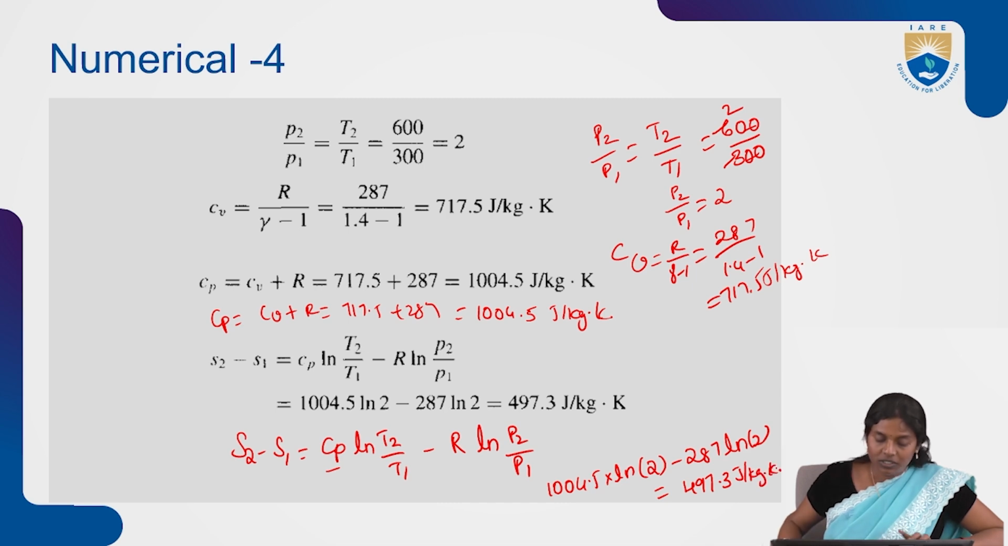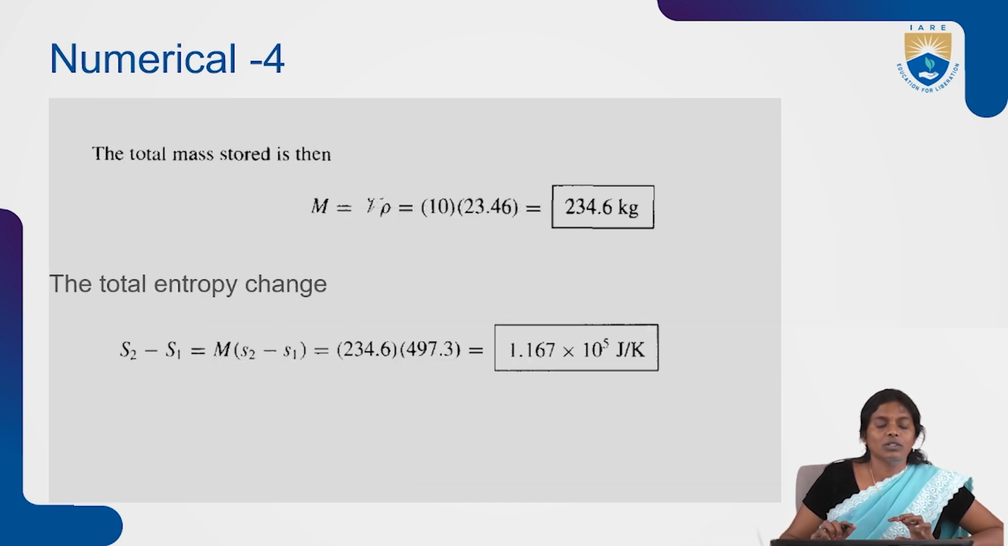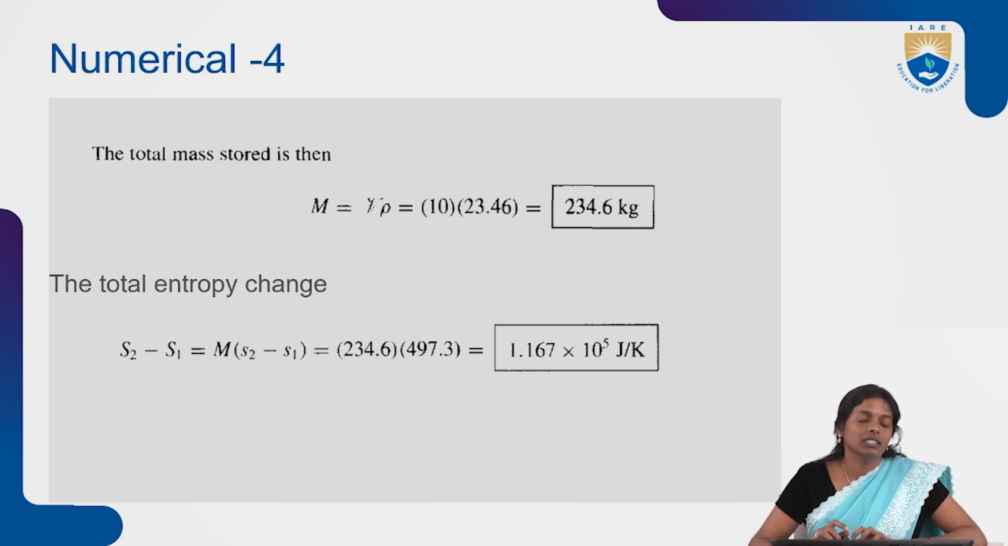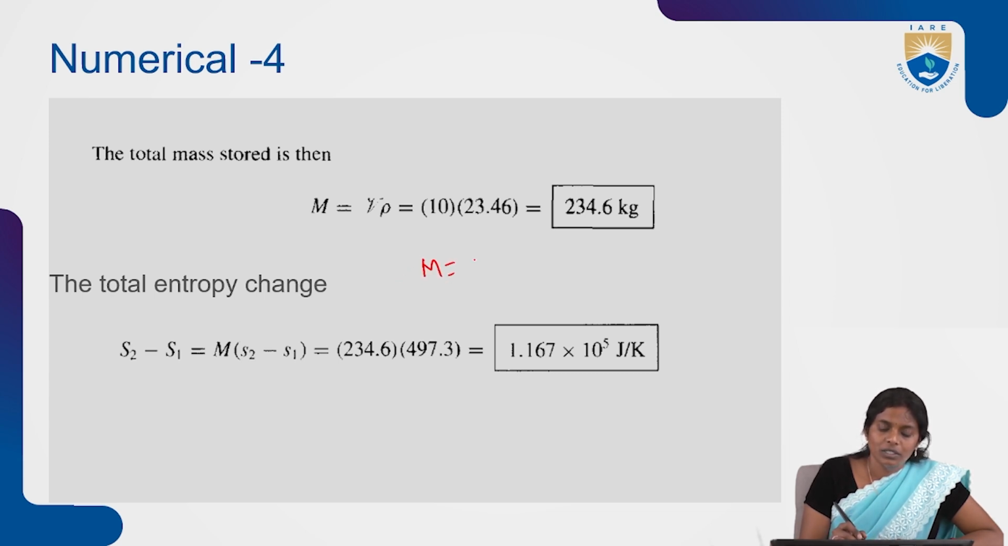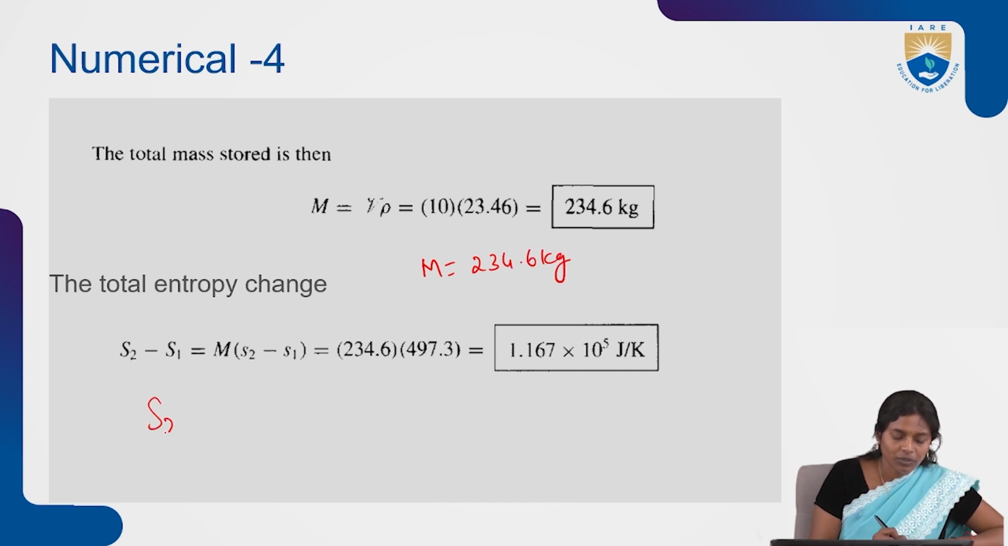Okay, so this is the entropy. Now what we have to find out? They are asking us to find the total entropy change. For that we required the mass, and we already calculated the mass, so that we got 234.6 kg, right? Now the change in entropy is capital S2 minus capital S1, equal to n into (s2 minus s1) in smaller case. So that is equal to 234.6 into